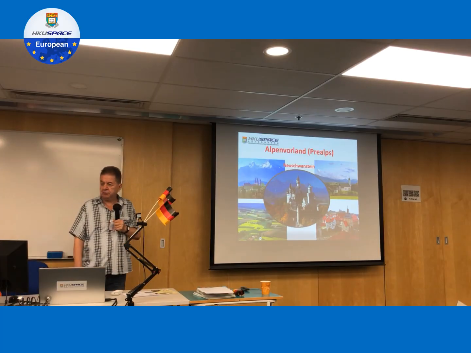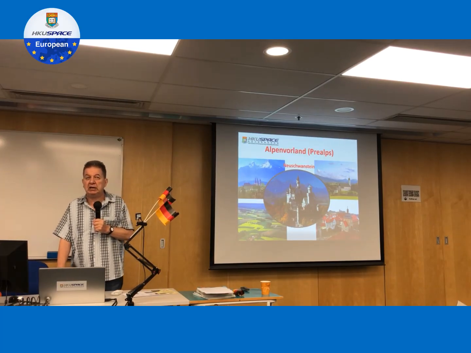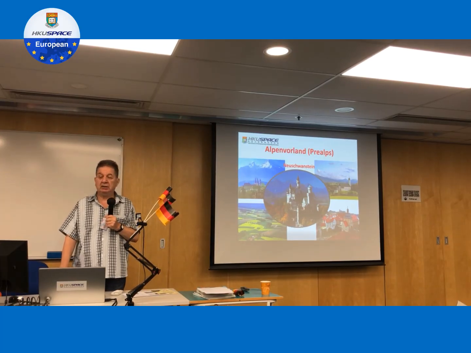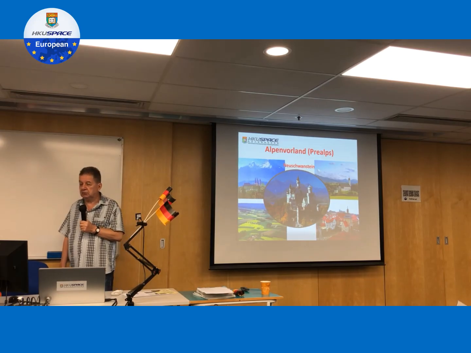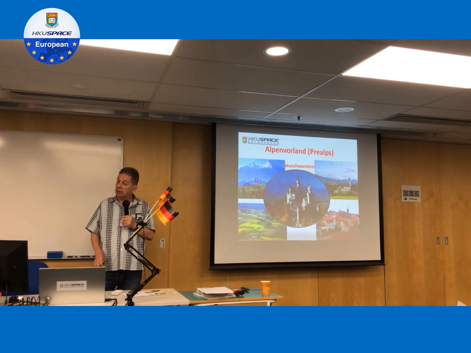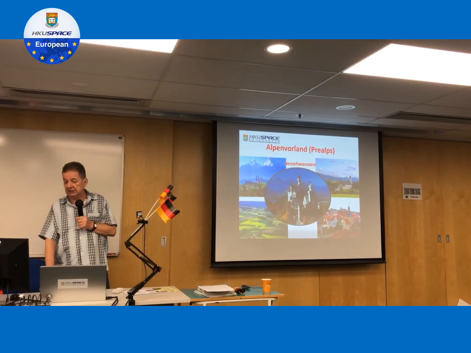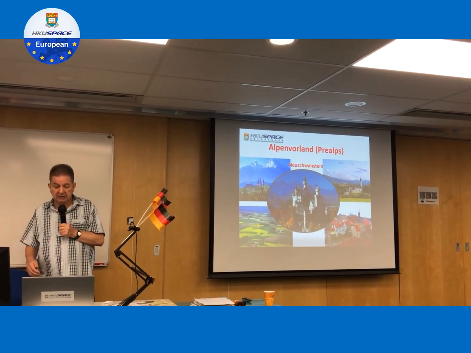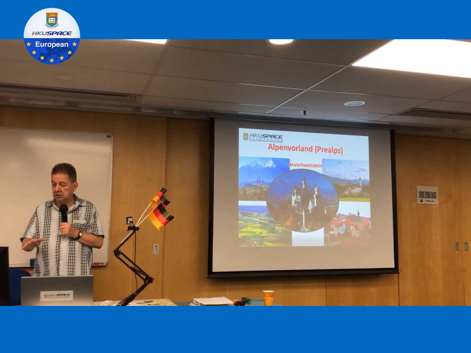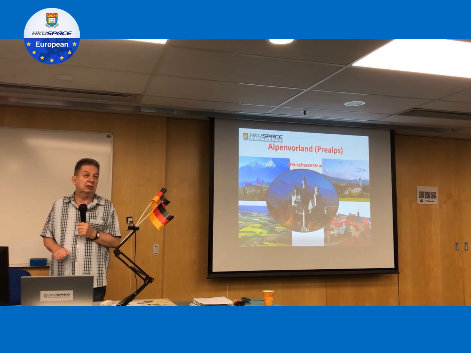So it is in German Alpenvorland. Alpenvorland. So the pre-Alps. So Alpen is the Alps. Vor means before, and Land, of course, is land. So when we look at this, let's say drive there, you see the agriculture.